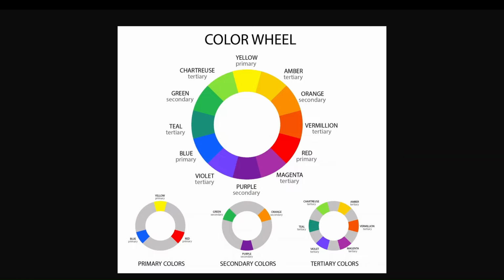So primary colors are the basis of the color wheel. These are colors that are found naturally and can't be created by mixing other colors. The three primary colors are red, blue, and yellow. And then you've got secondary colors, and secondary colors are created when you mix equal parts of two primary colors